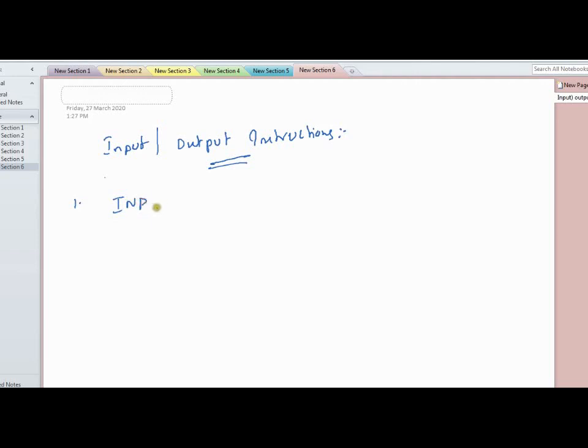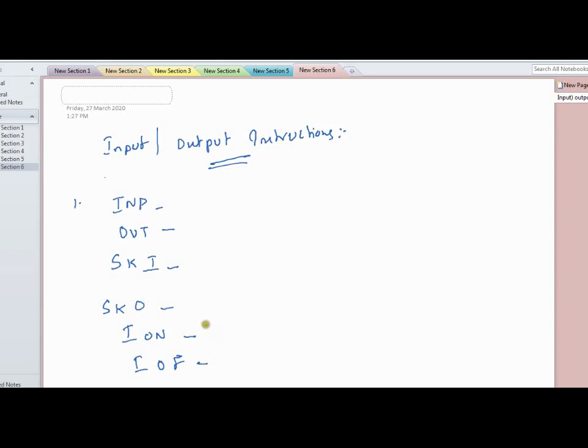INP, input character to AC. OUT, output character from AC. Skip on input flag, skip on output flag. Interrupt on, for enabling the interrupt, and interrupt off, for disabling the interrupt.